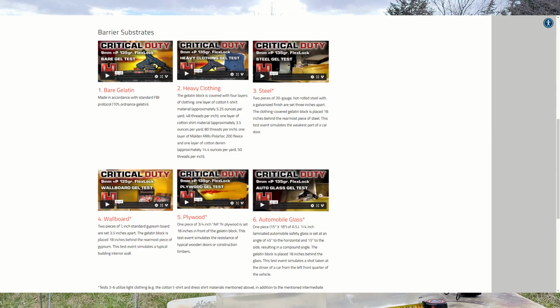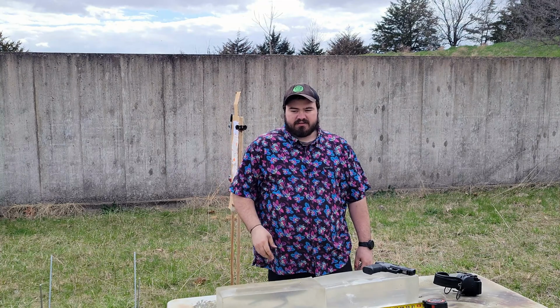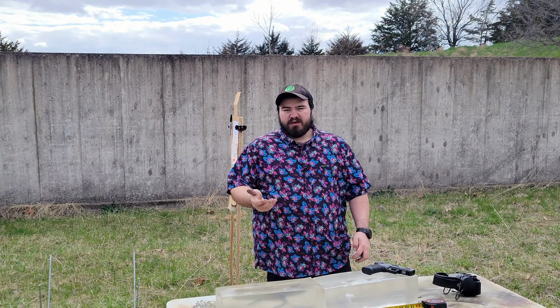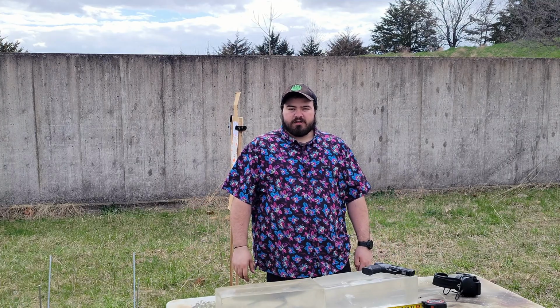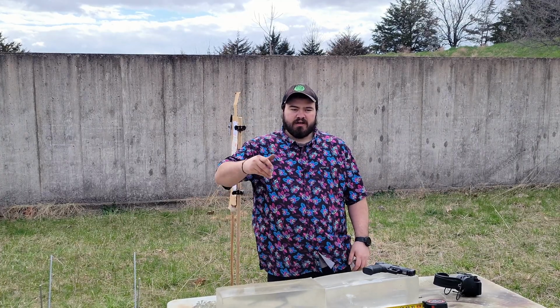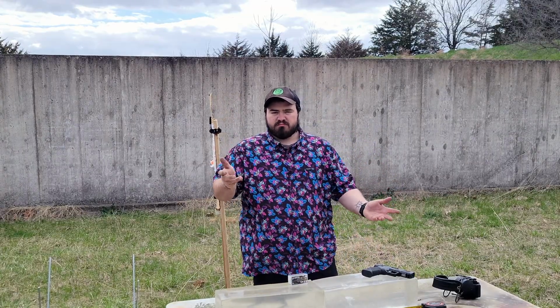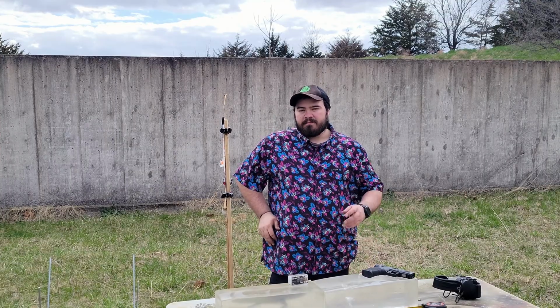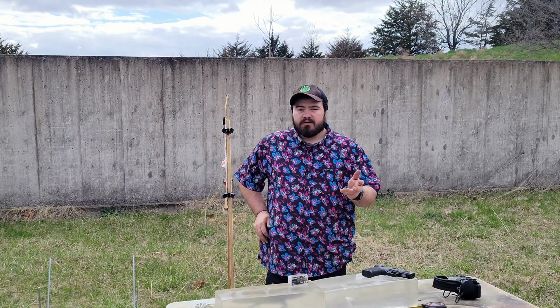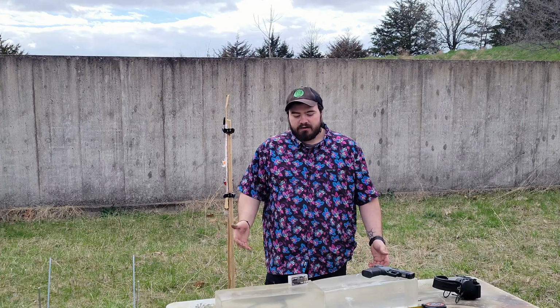Basically, the simulated FBI barrier test, simulated because it's me doing it, not the FBI, but the barrier test, according to the Hornady law enforcement website, is nothing more than a series of 6 stages or 6 tests used by the FBI, and I would assume other departments and agencies, to test how duty ammunition will perform in ballistics gel should an agent or an officer have to engage a target through various barriers. Now, I am doing this from a civilian perspective, but I think it's just as important in that the chance is small, absolutely, but there is still a chance that you might have to engage a target through some kind of barrier. And in this specific test,